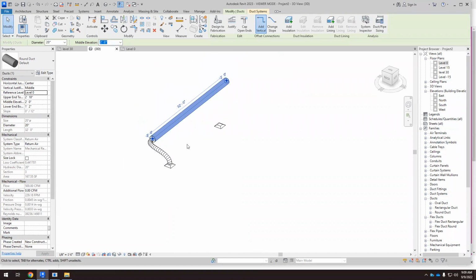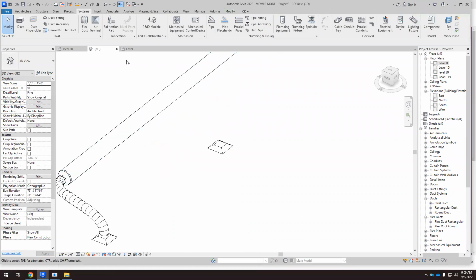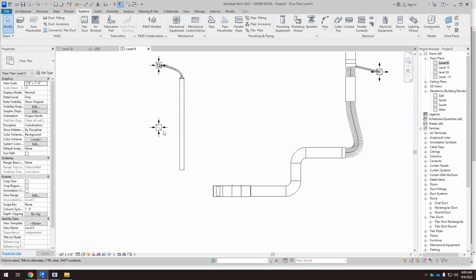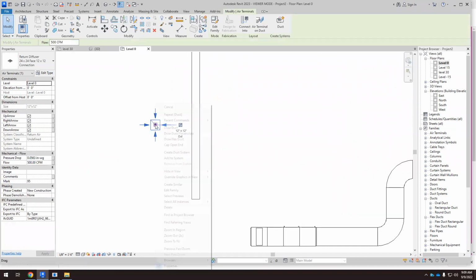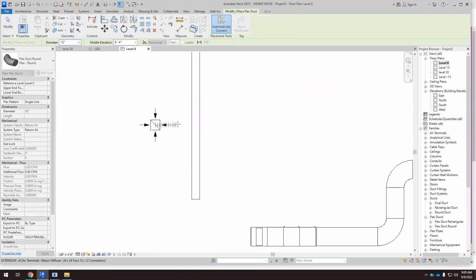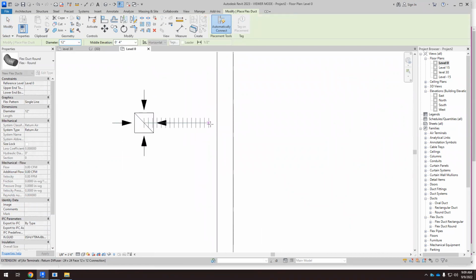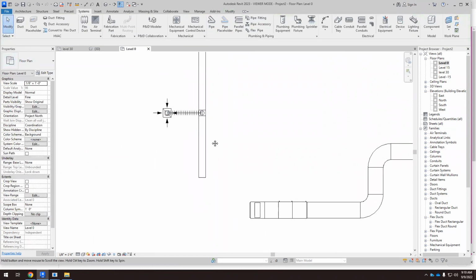Okay. Now, can I connect this directly to this? Okay, that's interesting, because now we have this line highlighted. So if I have this, I can click and connect it. But